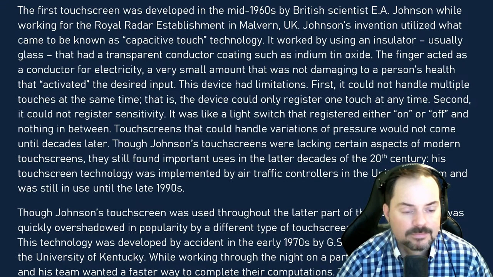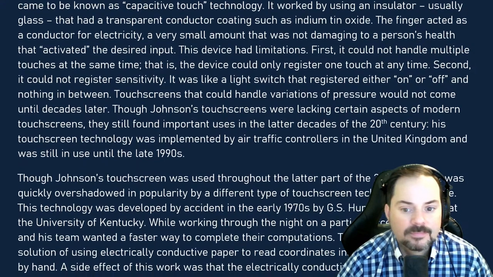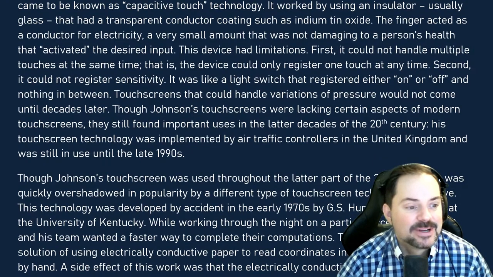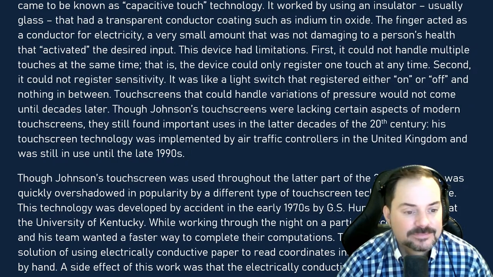So Johnson's touch screens were lacking certain aspects of touch screens. They still found important uses in the later decades of the 20th century. His touchscreen technology was implemented by air traffic controllers in the UK. I cannot see the rest of the sentence. And was still in use